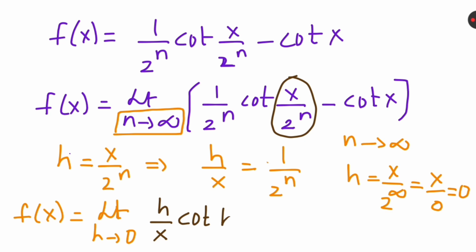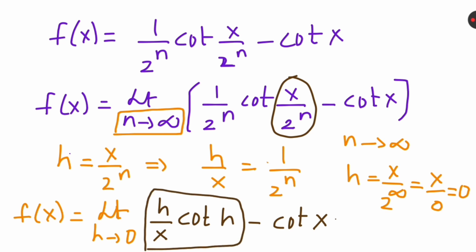Let's take h minus cot x. And here you need to evaluate only the first term, because we are doing with respect to the limit n tends to infinity. In the second term, we don't have n value. That's why let's leave the cot x as it is. Only evaluate this first term. Limit h tends to 0. We are doing with respect to h. So that's why x take it as front. So 1 over x times limit h tends to 0 h cot h